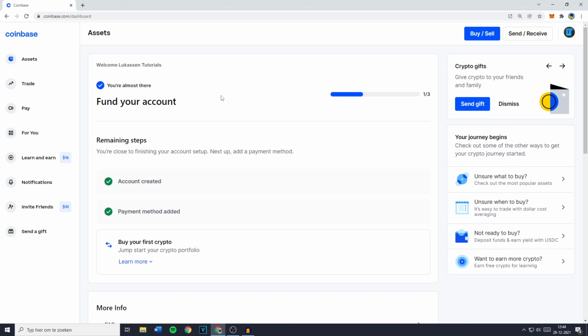Hey everyone, and welcome to how to connect Coinbase to Delta. In this video I will show you how to track your Coinbase wallet or crypto portfolio using the Delta app over on your phone. Now the first thing you need to do is to go over to your Coinbase account